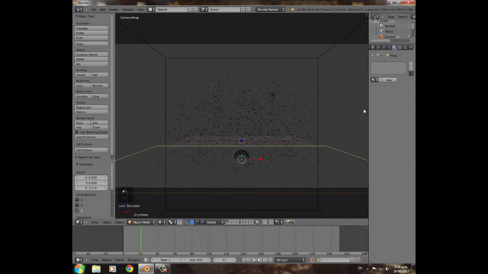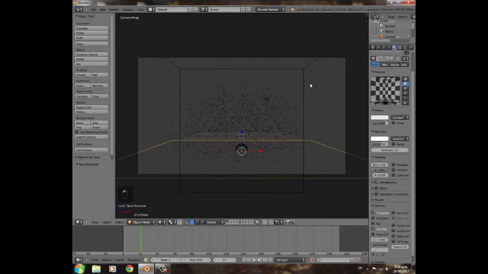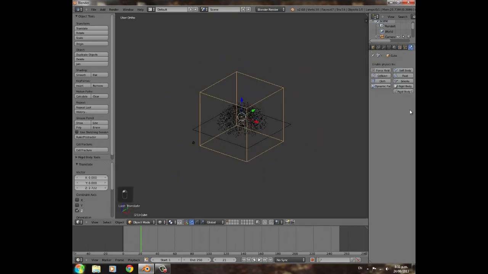Then we're going to select the plane, give it a material, turn the transparency down, and the specularity down to nothing, so we can't see it. The next thing we're going to do is select the domain, the big cube, this one here, give it a smoke property of domain, adaptive smoke domain,